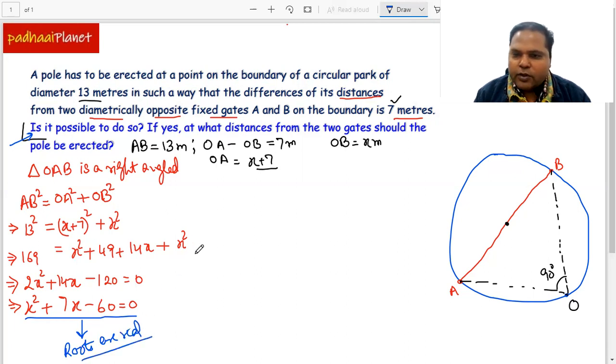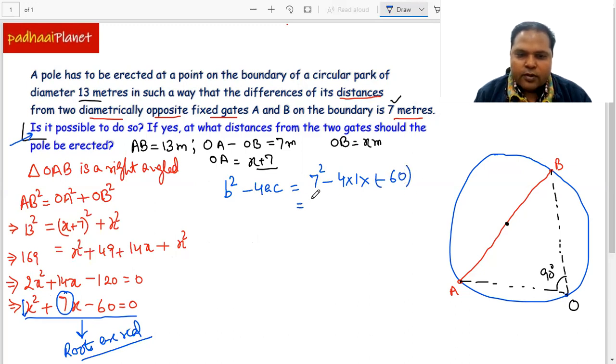So let's find out the value of the discriminant, that is b square minus 4ac. So that's equal to b square minus 4ac, and b in this equation is 7. So we will write 7 squared minus 4 times a. A is the coefficient of x square, so that's 1, times c. C is negative 60. So that's like 60, right?